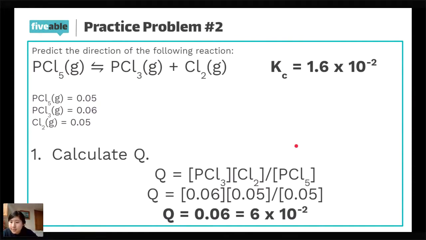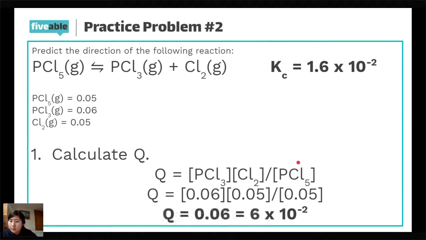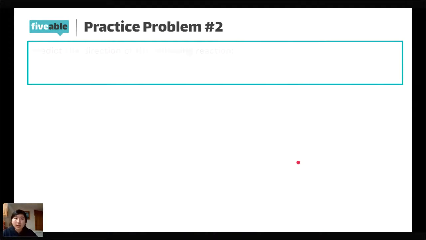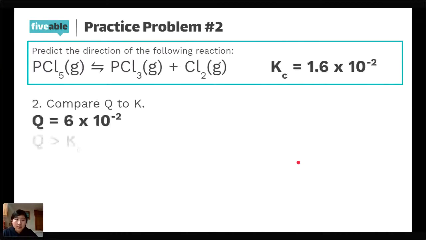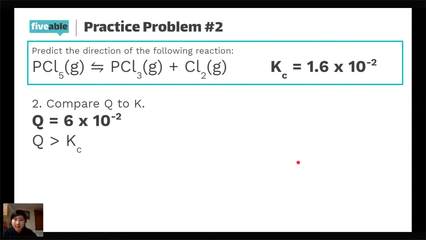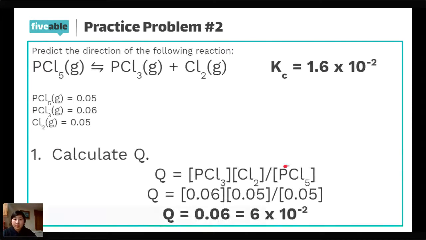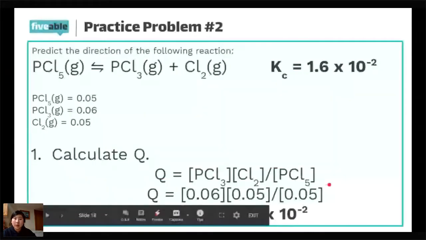All right, so Mafu says, oh, so I can write it down and understand it better. Could you repeat how Q can be equal to K? Yes. Basically, you use the Q equation, which is what we just used. We use the Q equation, which is right here. We use the Q equation to find out